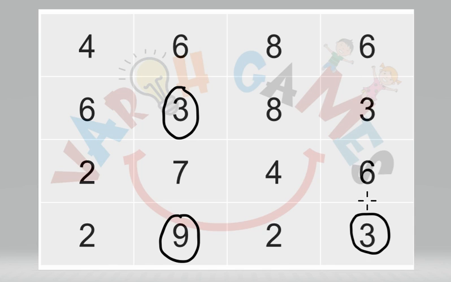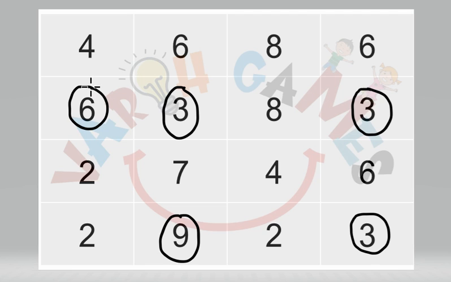Now we have taken 3 in this column. 3 is gone. How much more is required? 9 more is required. So which numbers need to be used? 6 and 3, then only we can get 9. But there are two 6. We don't know which 6 can be used, but we are sure of this 3. So let's circle 3 over here. We'll select our 6 a little later. Now in this row, if you see 3 and 3, that is total 6 has been circled. How much more required for 12? 6 more. So we can easily select 6 over here.